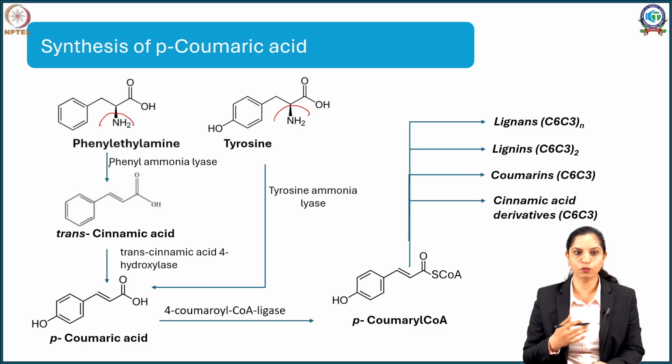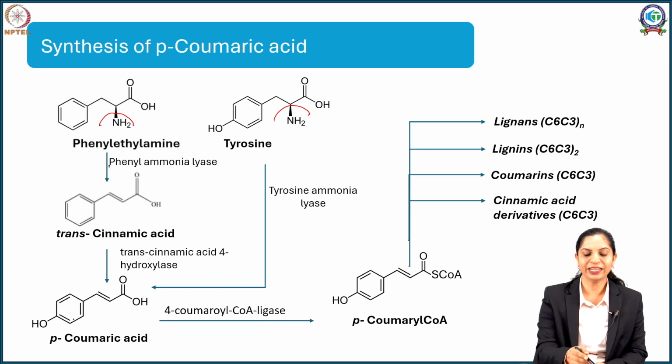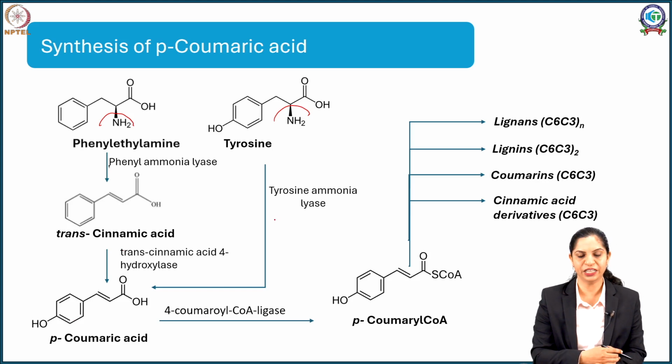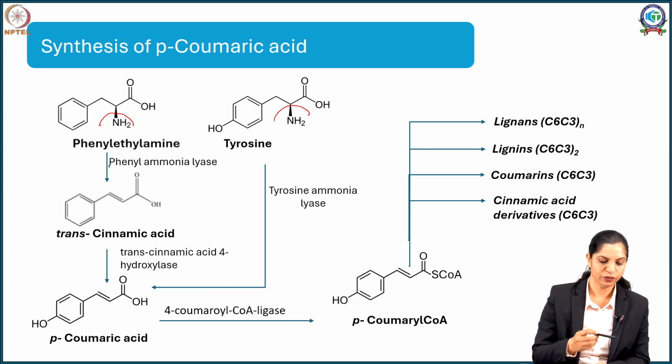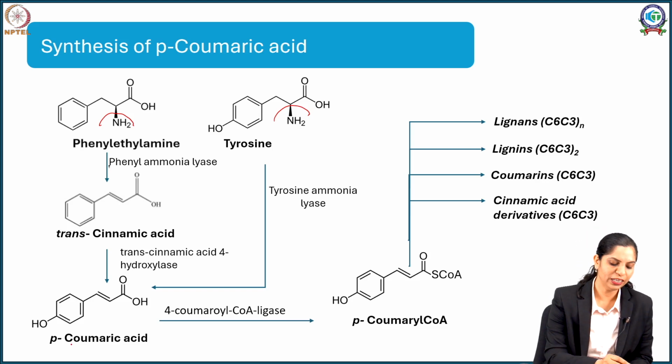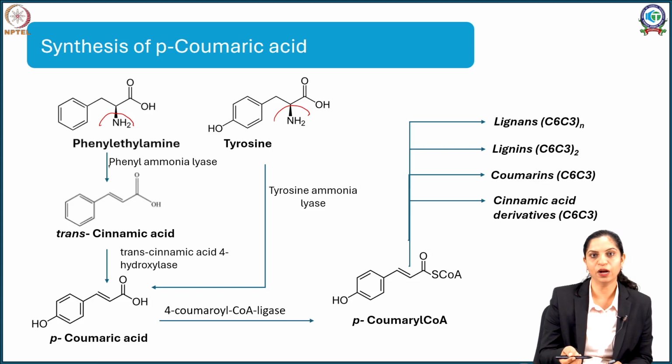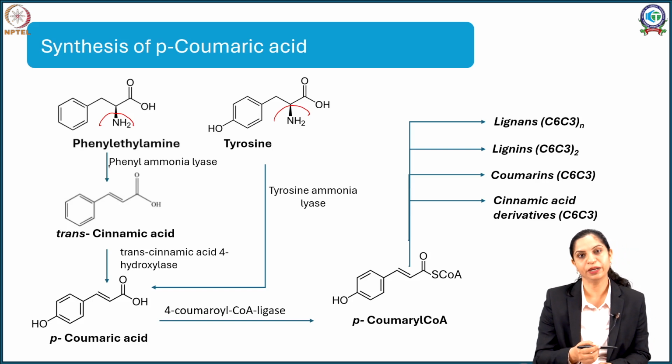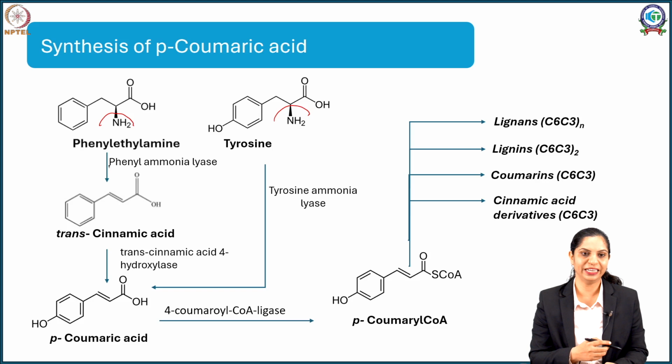Now that the amino groups have been removed, you get what is called cinnamic acid, or in this case hydroxycinnamic acid derivatives, and later on they will get converted into coumaric acid derivatives. Okay. So a hydroxycinnamic acid derivative is called a coumaric acid derivative. Now you can derive that directly from tyrosine via tyrosine ammonia lyase, or via phenylalanine, where it first gets converted into cinnamic acid and later on gets hydroxylated in presence of the enzyme cinnamic acid 4-hydroxylase to become coumaric